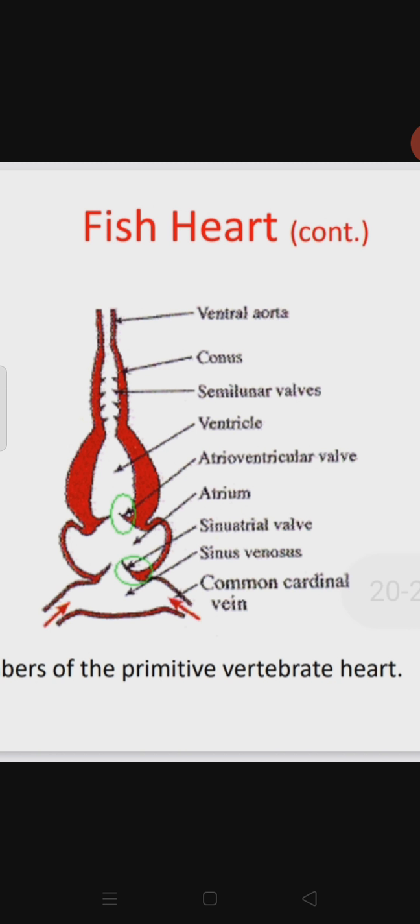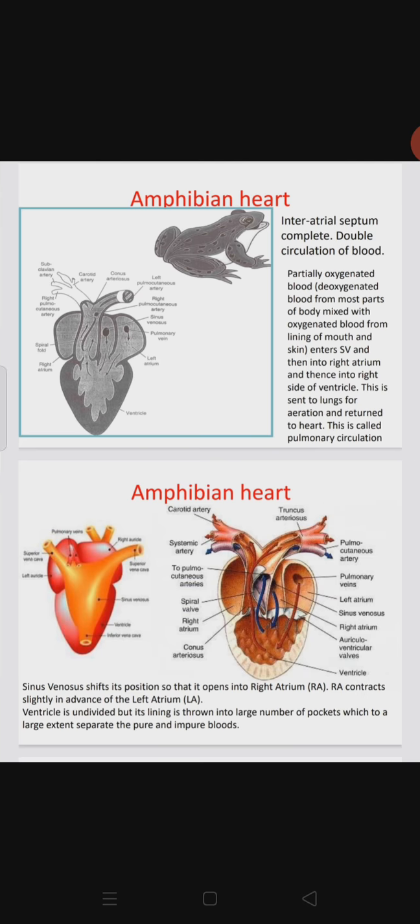In other vertebrates, if you compare birds or mammals, double circulation is there because 4 chambers are there. The blood comes to the heart. From the heart it goes to the lungs. From the lungs again it comes back to the heart. Then from the heart it is supplied to the cells. This system is present in the higher vertebrates. So fish is the first vertebrate which has the simple, single systemic circulation.